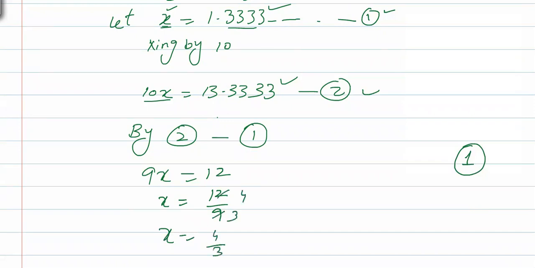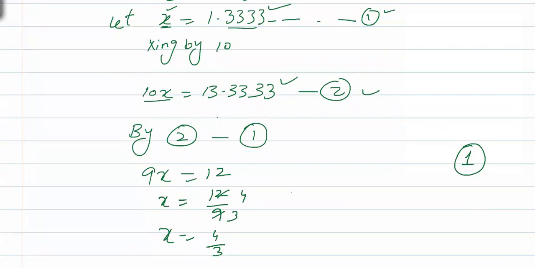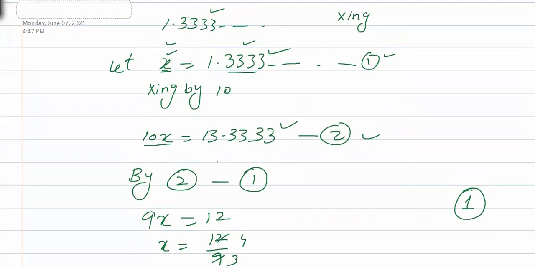So it will give you 4 over 3. Okay, 12 divided by 9 will give you 4 over 3. You can check it by converting into decimal: 1.333333. Okay, once again, when you are changing the recurring fraction,